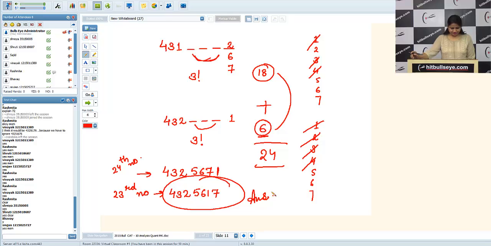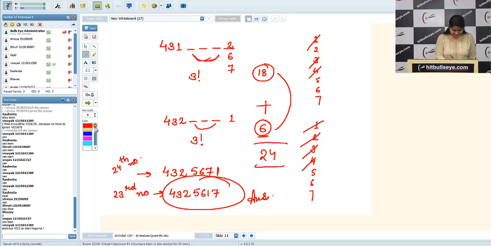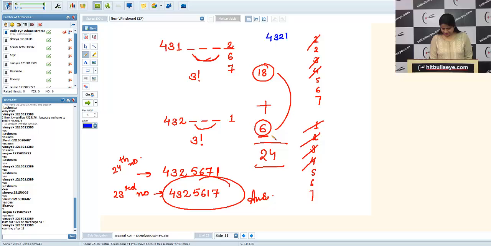Vinayak, I'm waiting for your answer. Let me see. You said your number should start with 4, 3, 2, 1. If we take 4, 3, 2, 1, we are left with 5, 6, 7. 5 cannot come at the unit place, so my number can end in 6 or 7. So these 4 numbers are out